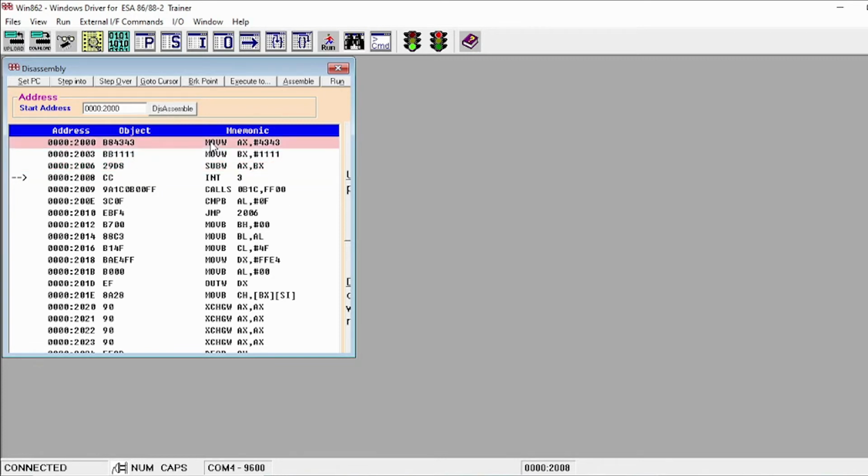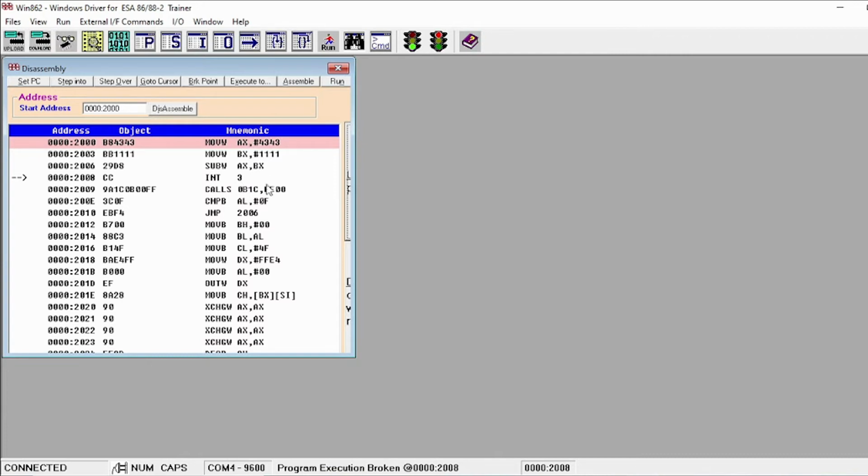So click on the first line so that the control will be executing from the first line. Okay, after that set PC, the control will be in the first line. Okay, after set PC you have to click run. So the control will be coming to the end of the program, that is INT 3.